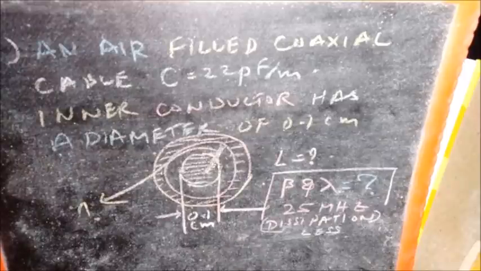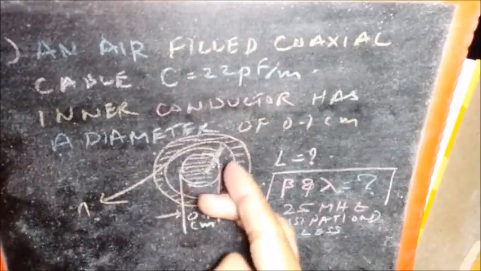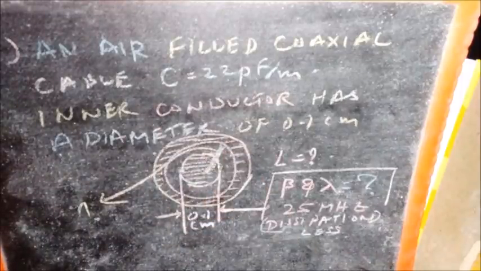So this is again an exercise for you. You can solve it and arrive at the answer. We had discussed the formula for L earlier. You can use that formula. Similarly, from the formula for C, you can find out what this is. So that is left as an exercise for you.